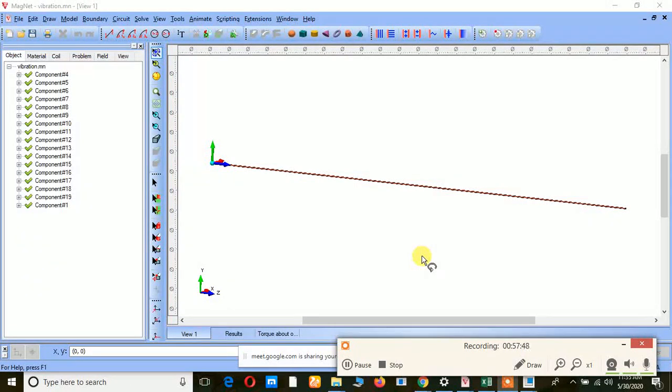And now, with the effect of the radial force and the tangential force, we are going to study the vibration in the machine. In tomorrow's session, we are going to discuss vibration, that is, mechanical oscillation in the machine, as well as the heat generation in the machine. Moreover, when the rotor is rotating,